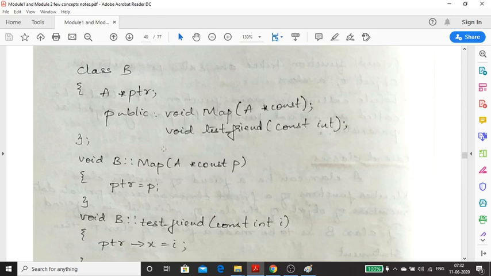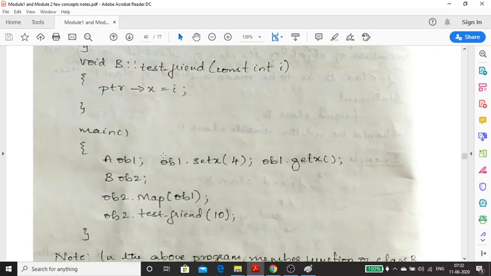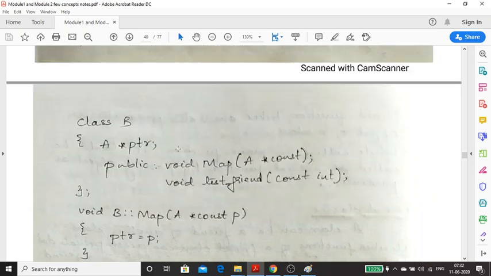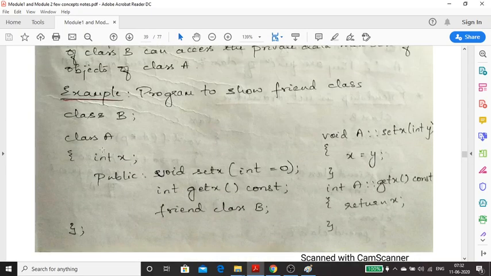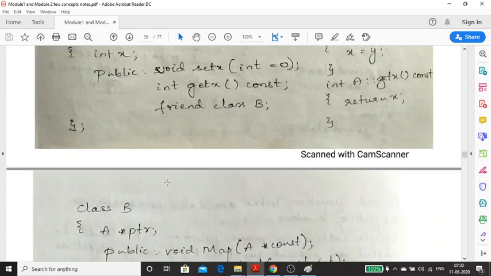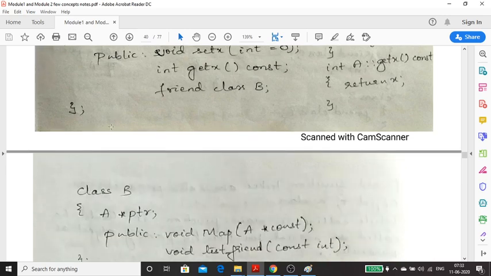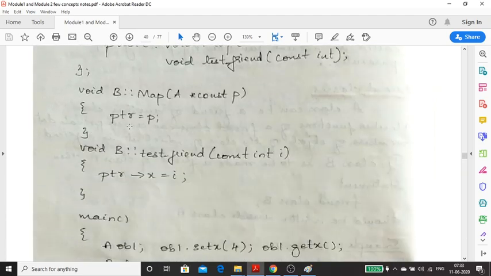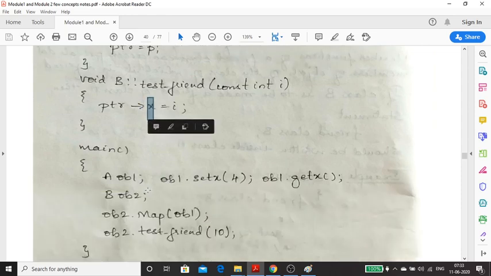Okay, yeah. I think the remaining thing you can understand. So that is an important concept. See, there are two classes. There's a private data member, and we made one more class a friend to this class using the friend keyword. So now class B is a friend of class A. Now, class A has one private data member that I can access within a function of class B. See, within a function of class B, I'm accessing the private data member. That's it.